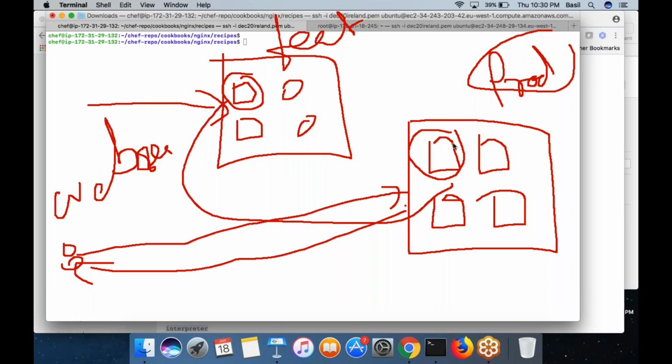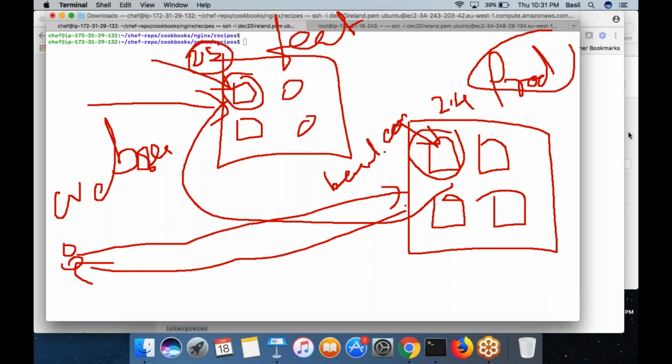For example, the website name that you configured in Apache here is going to be basil.com, but over here in this machine the website name could be beta.basil.com. So like that, maybe in this machine you are running Apache version 2.4, and in this machine you are running Apache version 2.5, the development version. So there can be some differences between these two machines, even though the machines are serving the same role, because the machines are part of different environments.